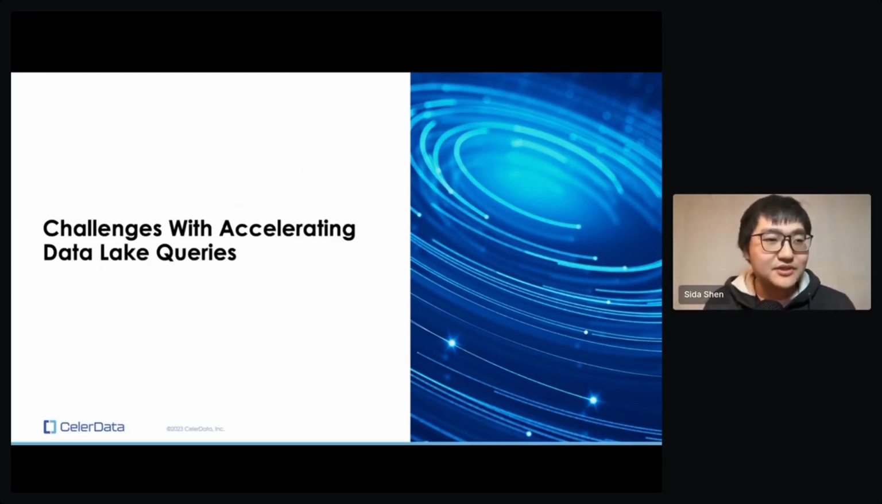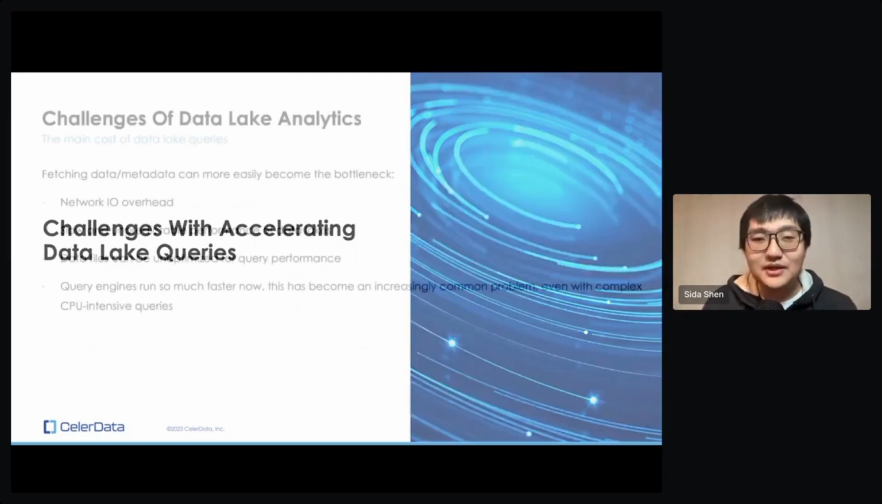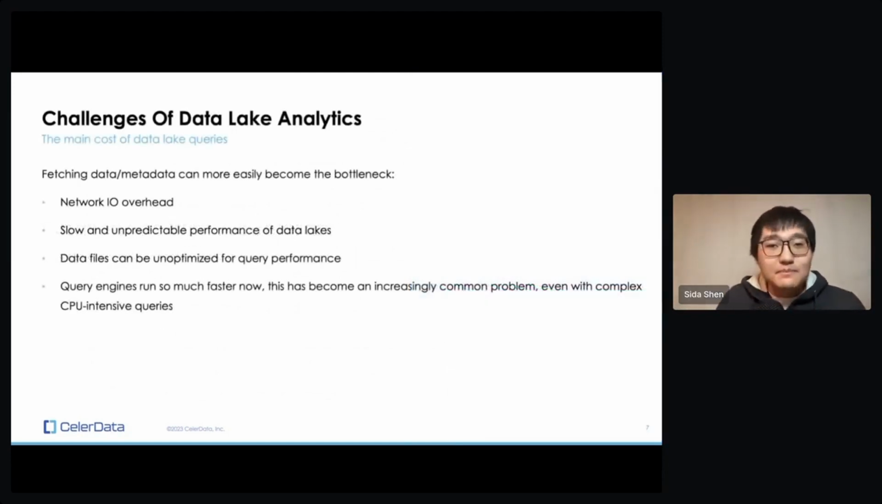So the challenges that come with accelerating data lakehouse queries, right? The main challenge, the biggest cost of a data lake query, is actually fetching the data and metadata from your external data lake and data lakehouse storage, right? So first is the network overhead that comes with it, right? It has to go through the network, and that does not only make the process slow, but